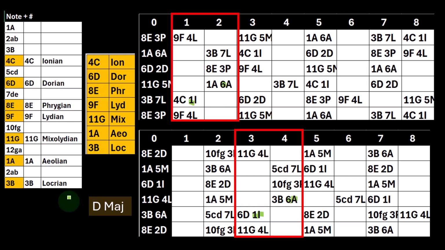But that's my argument, that I think that's going to be the fastest way to go. Now, the same argument applies to the piano, although the piano is a little bit different. I'll touch on that